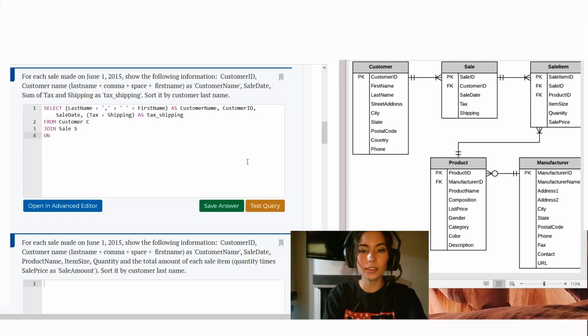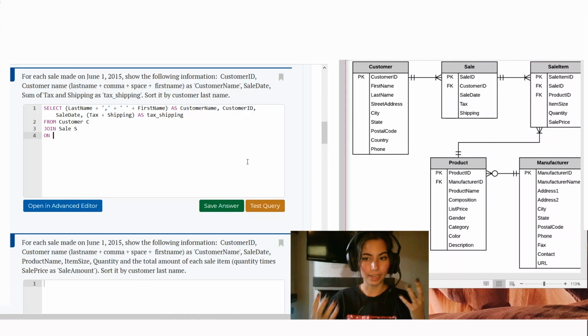On what do these two entities have in common? What attribute do they have in common? What do they share? Looks like they share customer ID, and what I mean is the attribute customer ID can be found in customer and in sale. So I'm going to type C period customer ID equals S period customer ID,